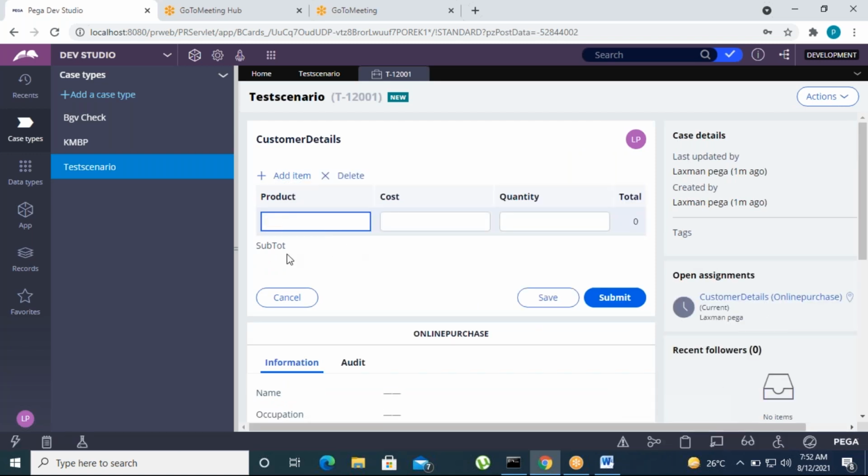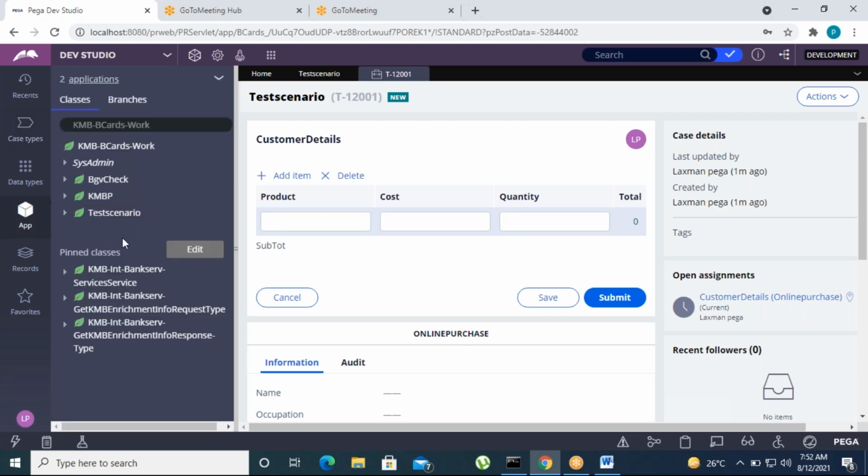Suppose the subtotal reaches more than 10,000 or 20,000. So what will happen here? We add a gift card into the customer page list, some gift watch, the cost of the watch or quantity of the watch and so on. Right? How to do that? In this case, I'm going to create the declare on change now. Right click and go to create a declare on change.